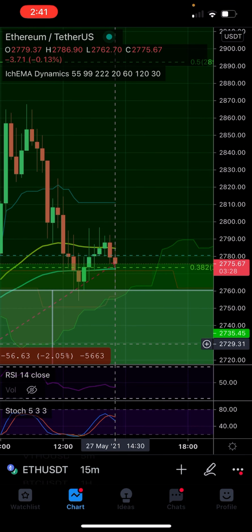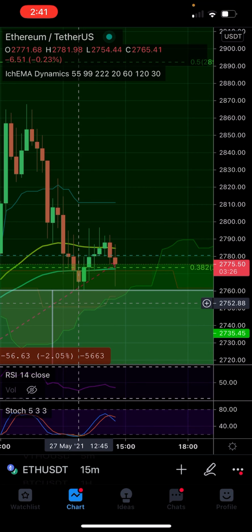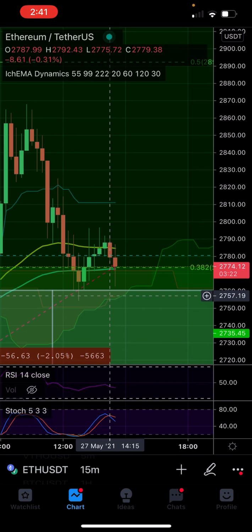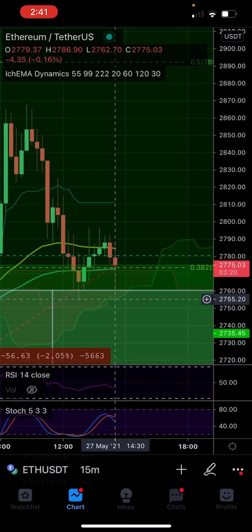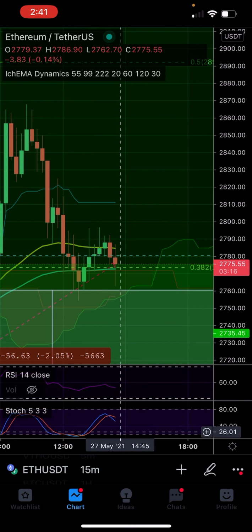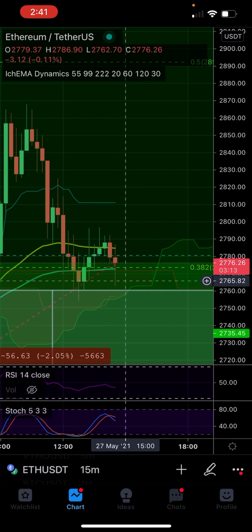In this case, we got really close to the top of the cloud over here on the 15-minute chart, or the bottom rather. We could see the same thing here and get support pretty much where this last candle bounced. We might hover right around the mid-2750 range. We'll see what happens, but the 15-minute Stoch does suggest we might continue to dip a little bit here before